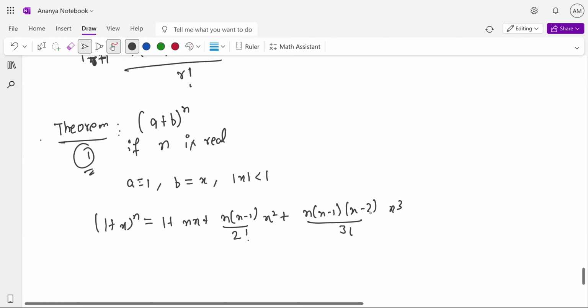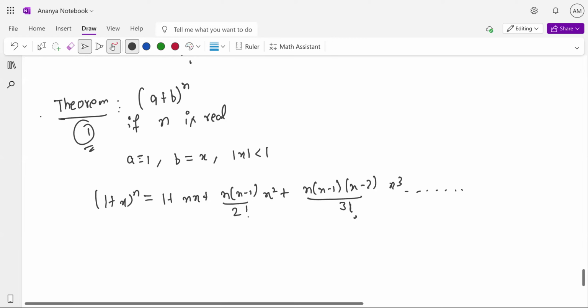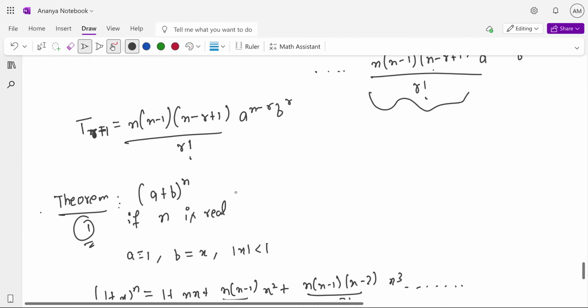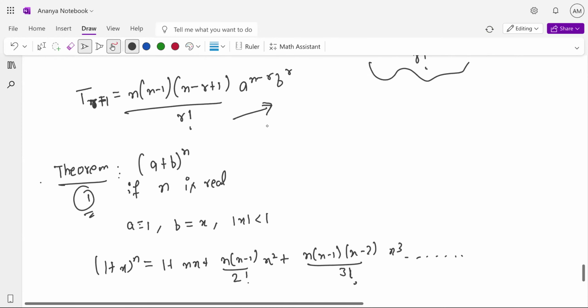So it is x cube, and here you have more terms. Now just think of it. This is going till infinite value. This may go to infinite value. Yes. Okay, if it goes to infinite value, what benefit can you take out of it? You know that we have just got the nth term for this, isn't it? Yes, sir. For this kind of expression, I have this kind of nth term.